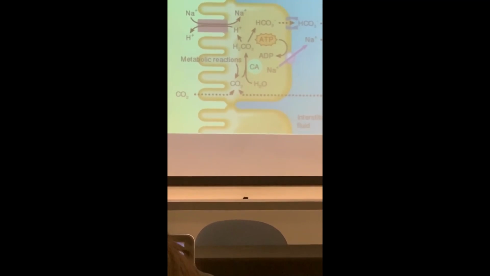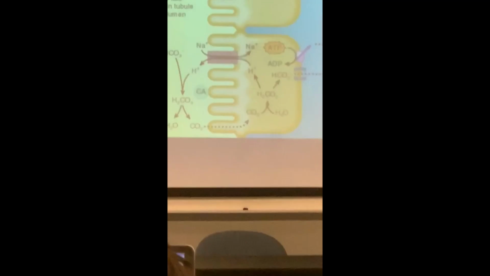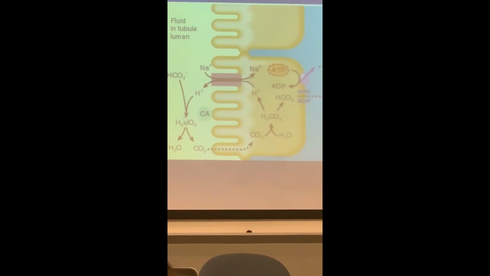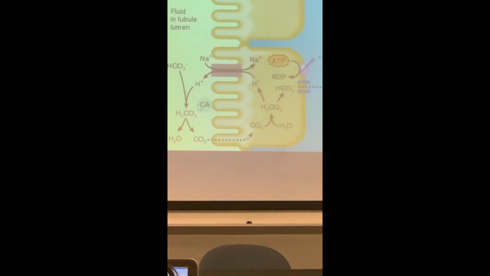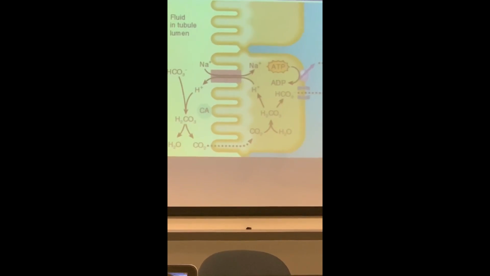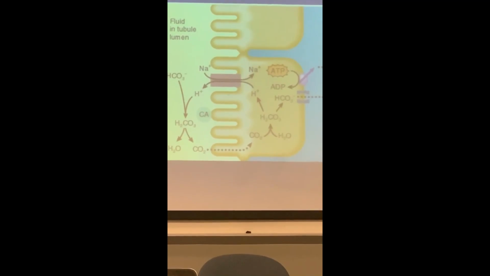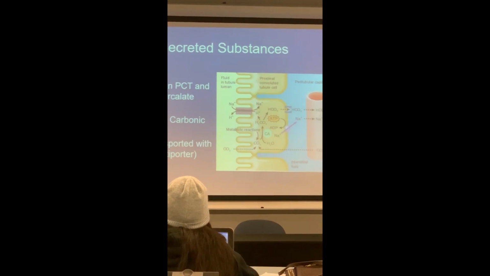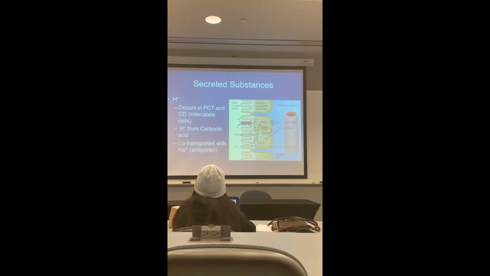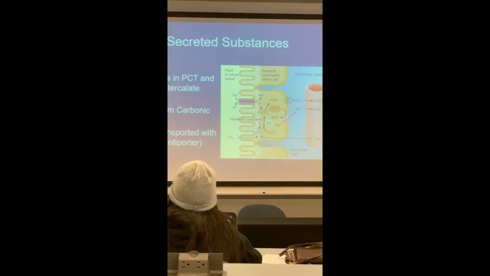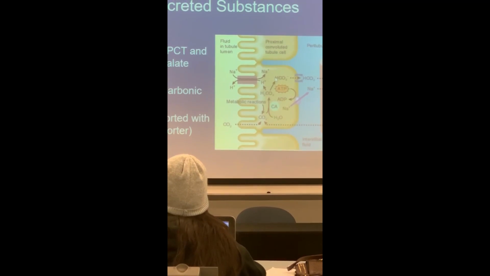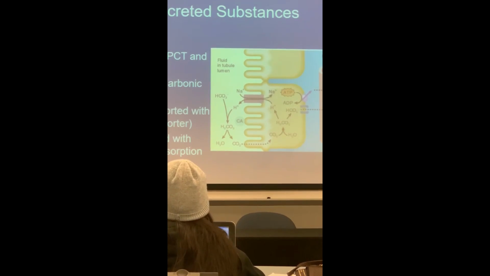And what does that proton do? It combines with bicarbonate in the filtrate to form carbonic acid, which then makes CO2, because we also have carbonic anhydrase on that surface, on the apical surface there. That should be associated with bicarbonate reabsorption. So the reason we are secreting this proton is so that we can combine it with a bicarbonate, then make it into CO2, move the CO2 into the cell, make it back into the bicarbonate, and the bicarbonate goes into the blood via this